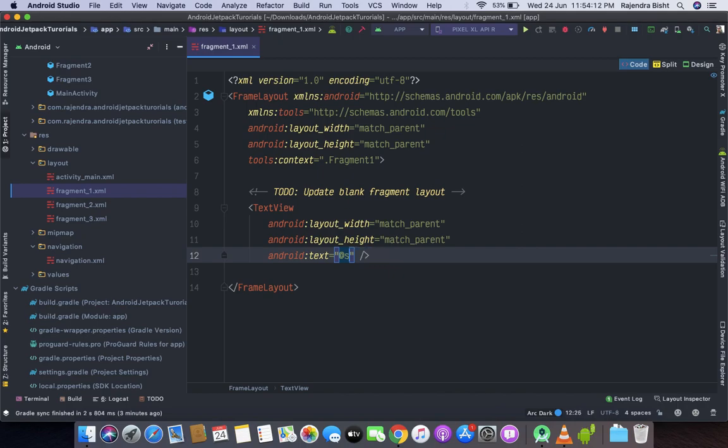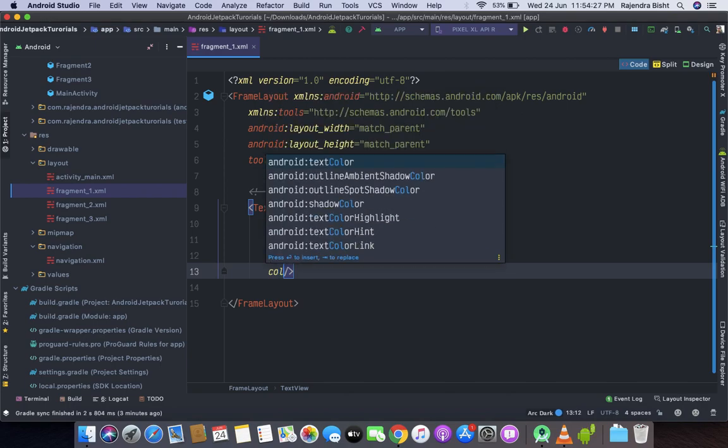This is fragment 1, and set the background color.